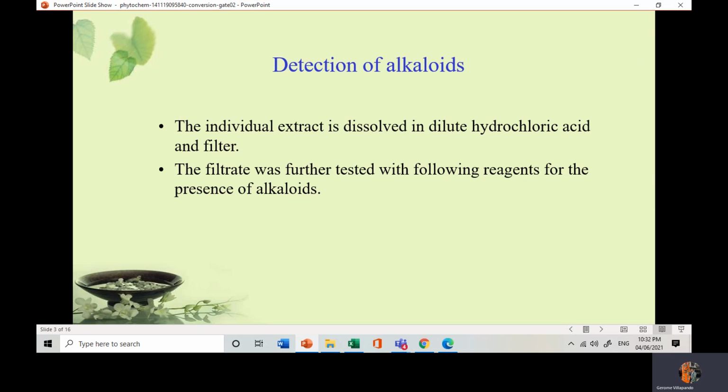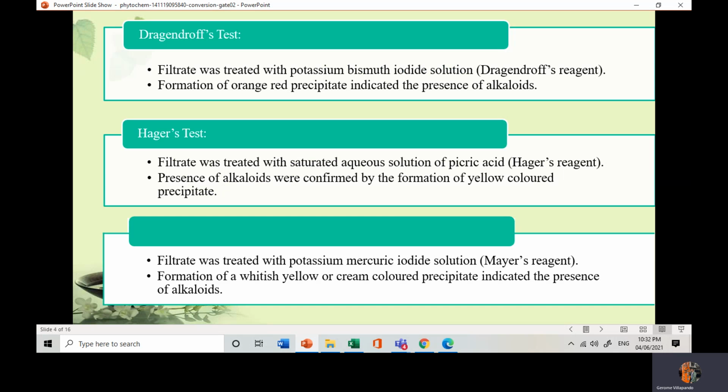Now, detection of alkaloids. The individual extract is dissolved in dilute hydrochloric acid and filtered. The filtrate is further tested with the following reagents for the presence of alkaloids. Dragendorff's: the filtrate is treated with potassium bismuth iodide solution, or Dragendorff's reagent. Formation of an orange-red precipitate is the indicator